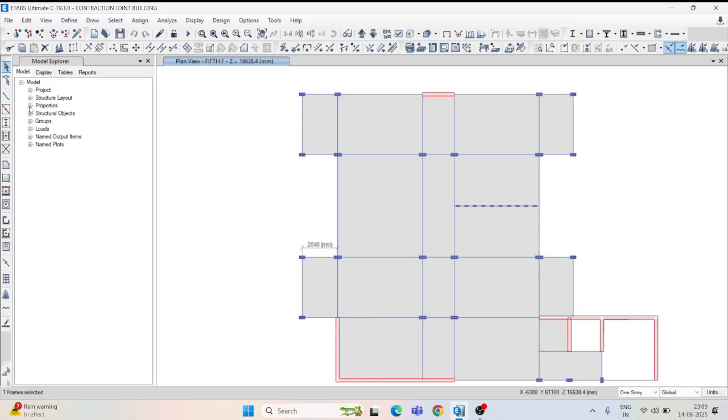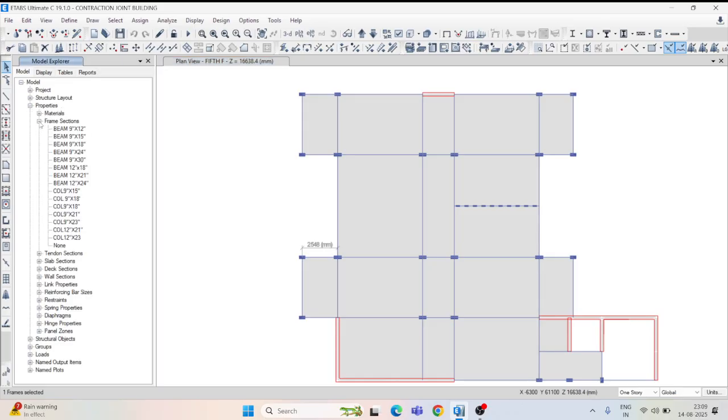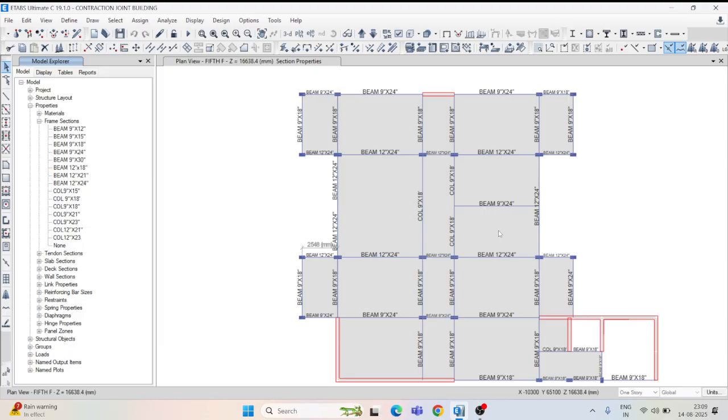Now just go to the property and frame sections. So here instead of 9 inch into 18 inch, we are taking 9 inch into 24 inch. Okay, see here 9 inch into 24 inch. Here the column properties are created, so it's better to go for the beam properties only.